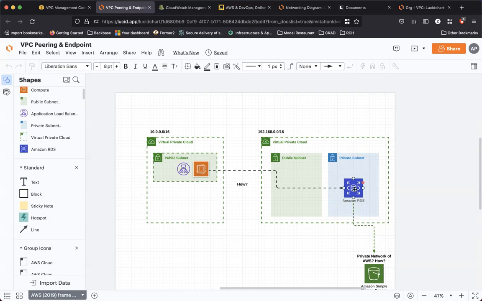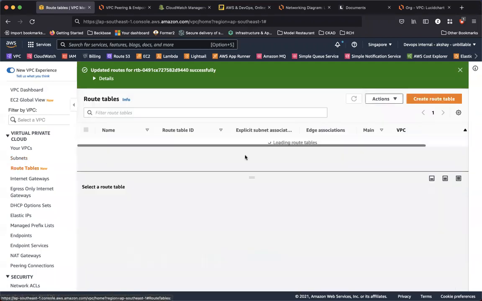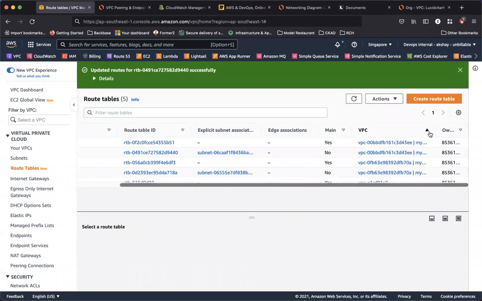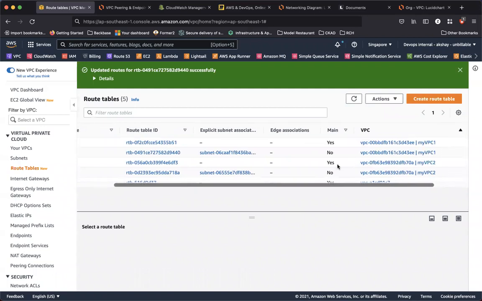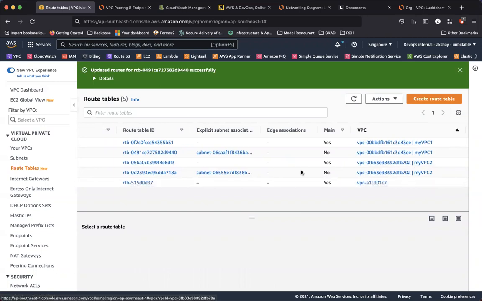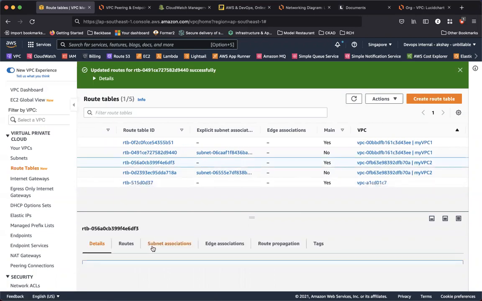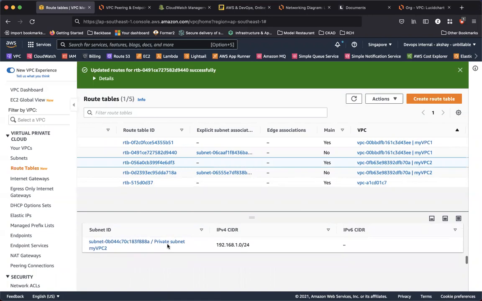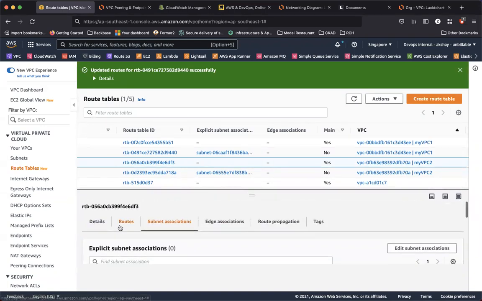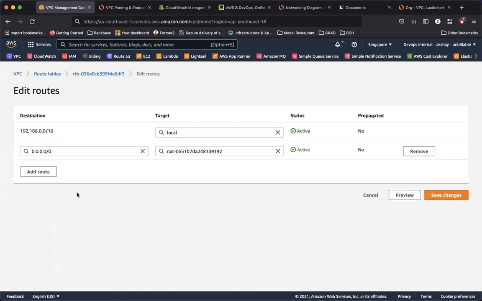So let's identify the route table associated with the second VPC's private subnet. Let's go back to route tables and filter again, or expand this. I think it would already be filtered. Yep. Over here, you can see that this is VPC2, and this is the main route table to which the private subnet is associated. To this route table, we need to add a route for the return traffic.